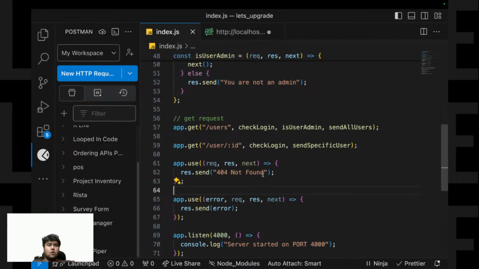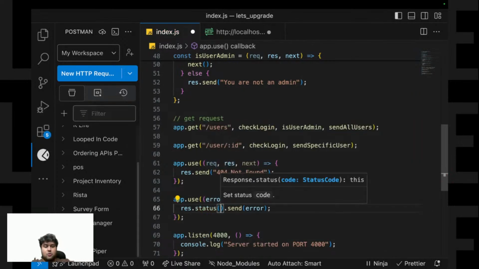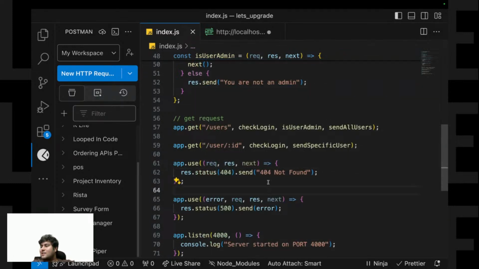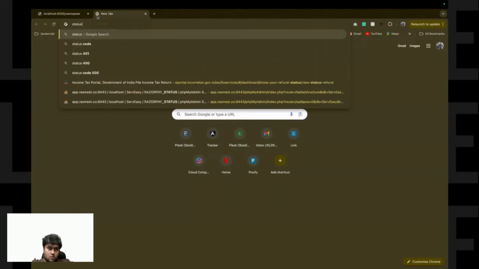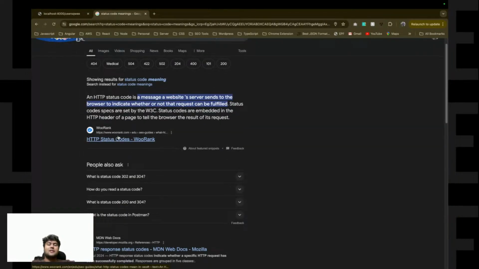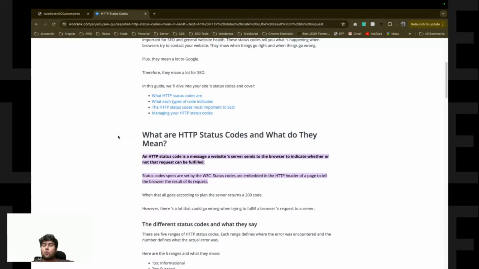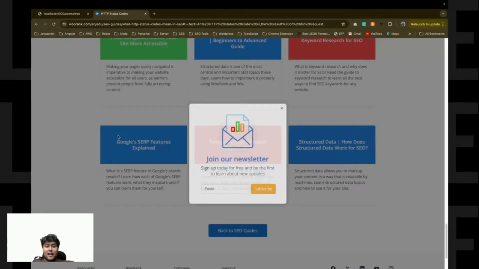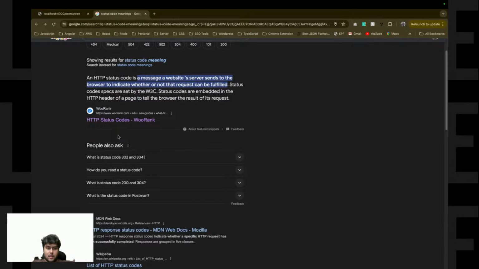Yeah, status code: you can also send a status code by writing response.status, and at the back you can write the status code. So I can write this over here. I can write status as 404. Okay, so what does this status code mean? You can see this over here. I'll just share the URL. These status codes help us understand what response we are getting from the server. Okay, so hence we use the status code, and every status code has a specific meaning. I'll just share this with you.